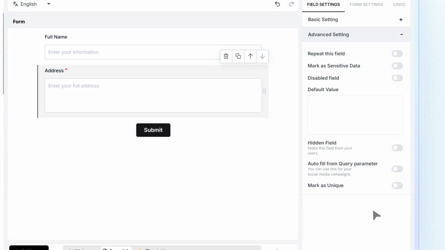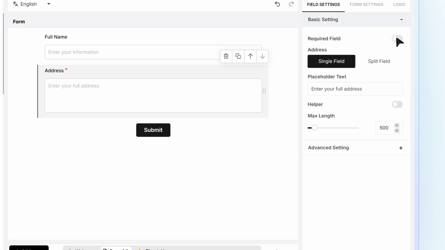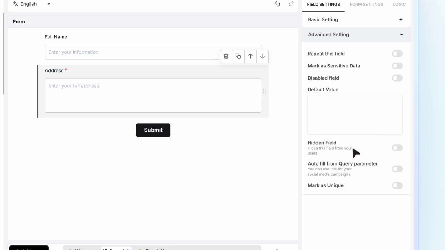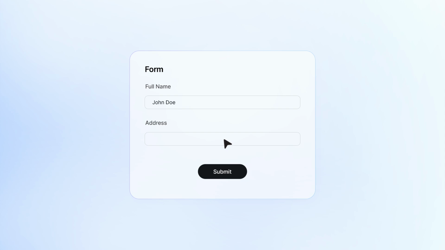The Mark as Unique option appears only in the single field layout and becomes visible when the required field toggle is turned on. Here you can enter a message under Error Message for Unique Field. This message appears if a user submits an address that already exists in your responses, and that's how you set up the